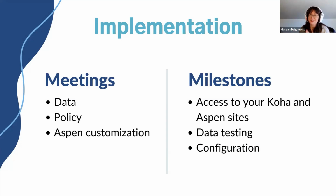The goal of this configuration stage is important because our goal is to have your Koha and Aspen sites set up as closely to what your staff and patrons will be using as possible. Of course, that isn't to say that you have to have everything perfect and 100% done. You don't have to scramble. There will be adjustments after training. That's a normal part of the process too. But we just want to make sure that what we're showing to staff is pretty close to what they're going to be using. And speaking of training,